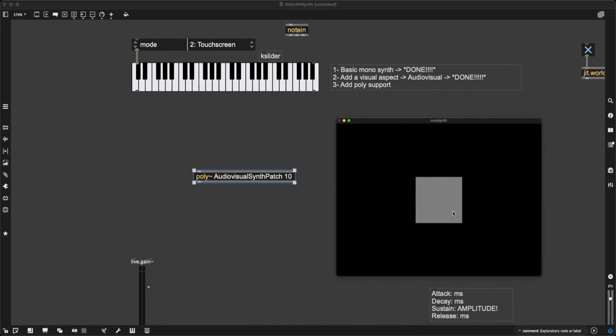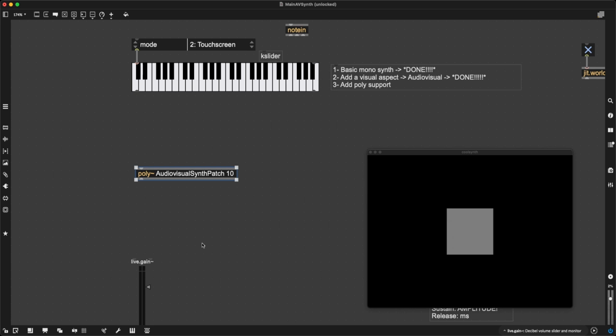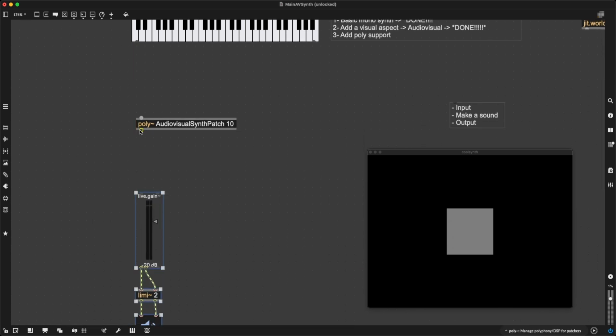Right? Well, look at what happens. Suddenly a shape appears here because now we created 10 of these JIT-GL grid shape objects. Right, so now if I want to, I can take the output of poly tilde, which you will notice is, there we go, a signal,